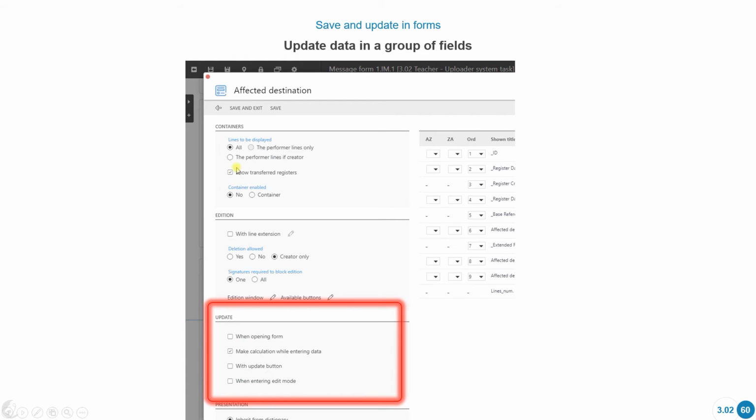The same thing happens when we enter a group of fields. This is the configuration of a group of fields in a form. So in some scenarios, we are going to need to mark these options. And it's very important that we take into account that these options exist because at some point we might